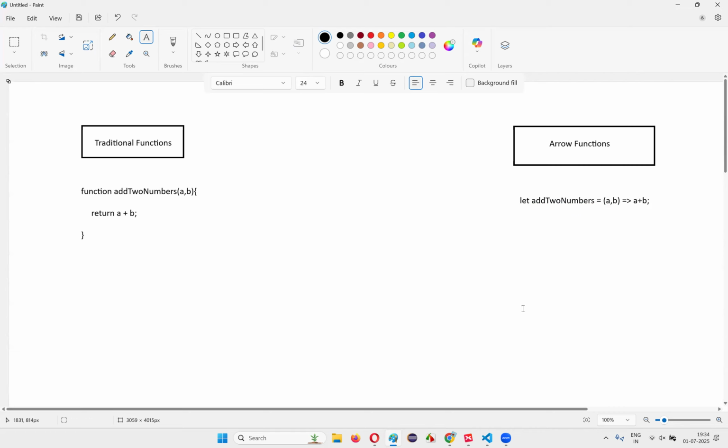Okay, you can see now you can convert these three lines along with spaces, five lines, into only one line. Here, how do you call this function? The same way. Add two numbers, and I'll pass 5, comma 4. Like this, I'll call the function, and this function will return the addition of a plus